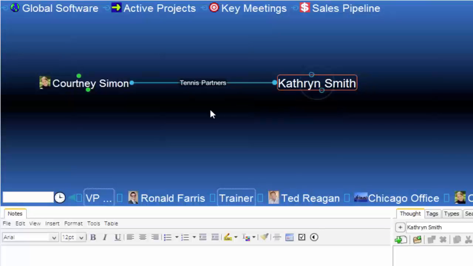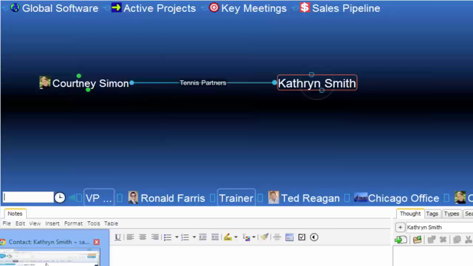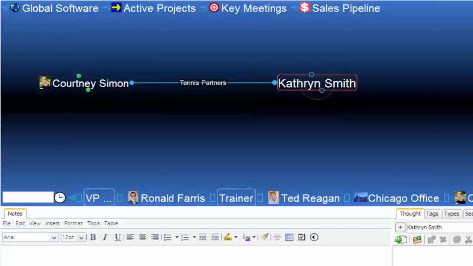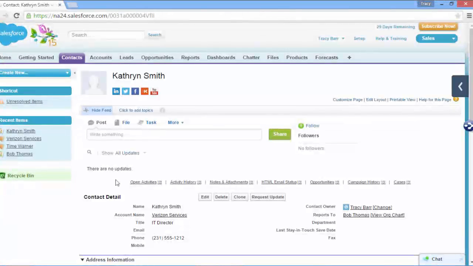I've got my link type to remind myself of how I know about Catherine and what her connection is to Courtney. Now what I'm going to do really quick is just open up Salesforce. As you know, Salesforce is web-based, so I've just gone ahead and opened up my contacts for Catherine. In the meantime, I went ahead and added her into Salesforce,